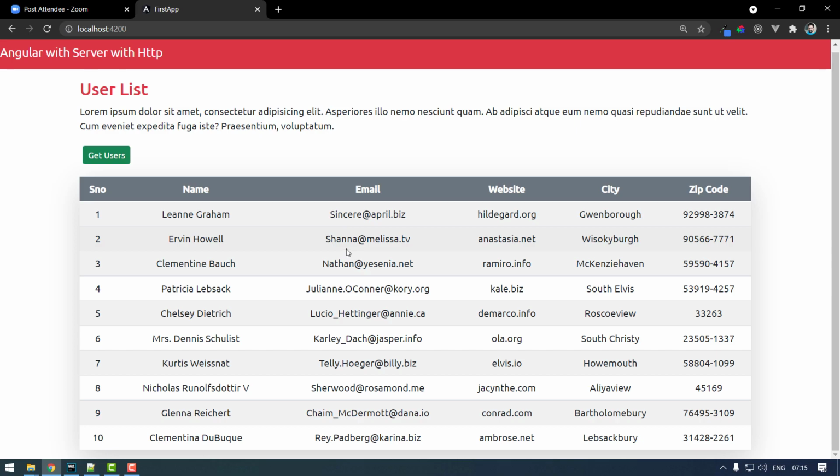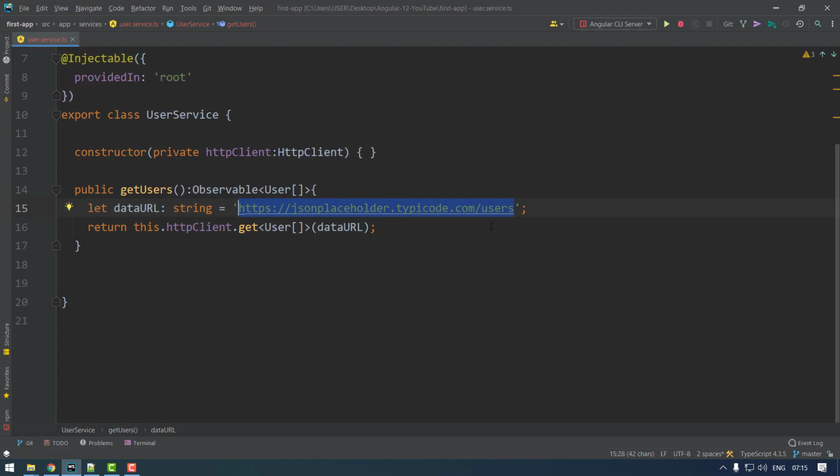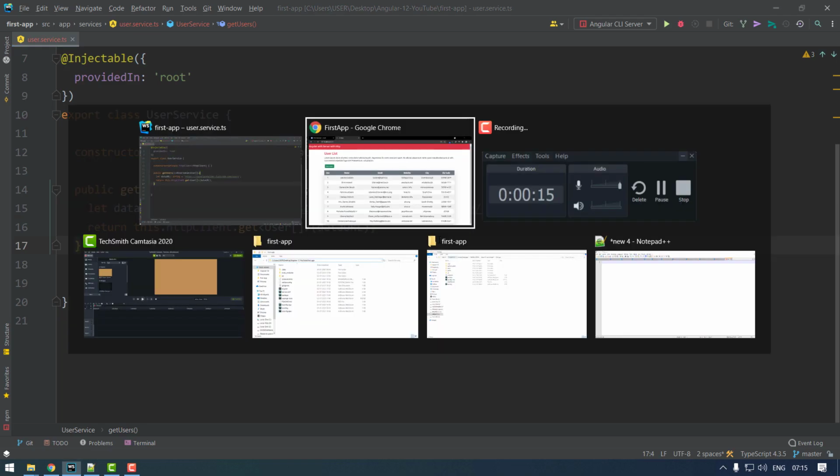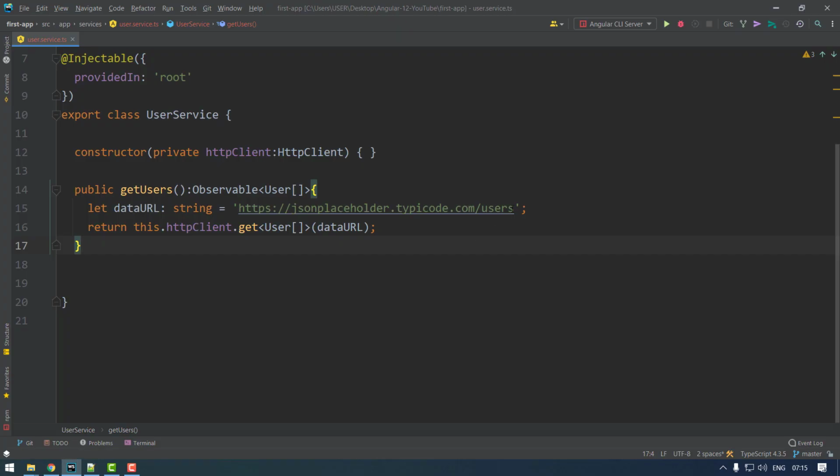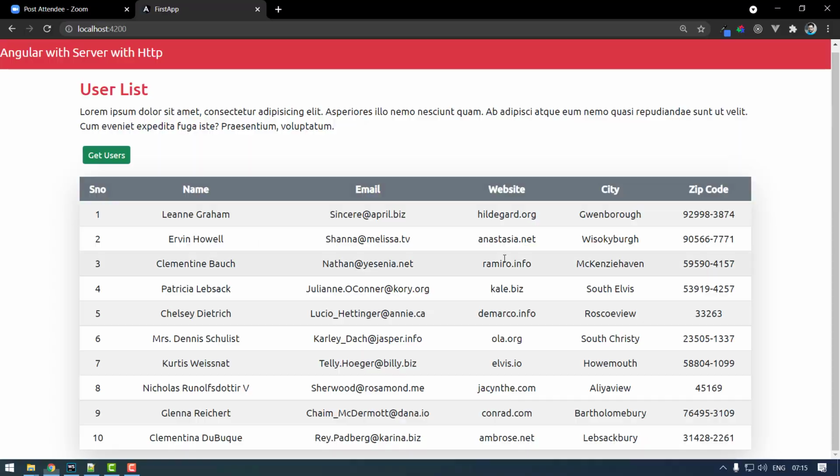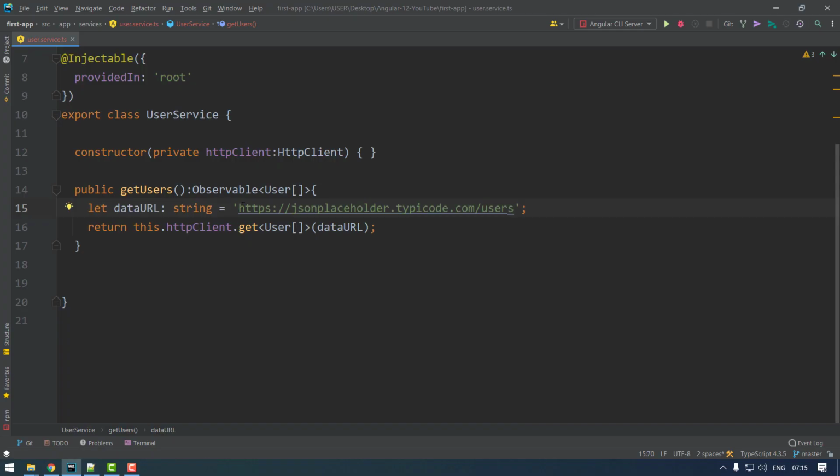That's fine. But what if the server is down, or what if you made a wrong request? We can't make the server go down because it's not our server, so I'll just add an extra character, an extra s here. So this will become a wrong URL.